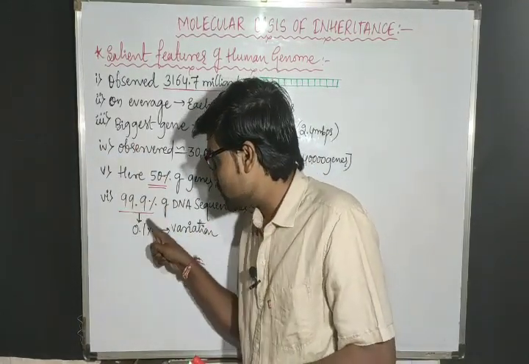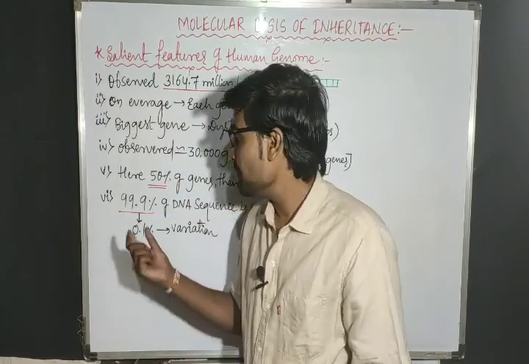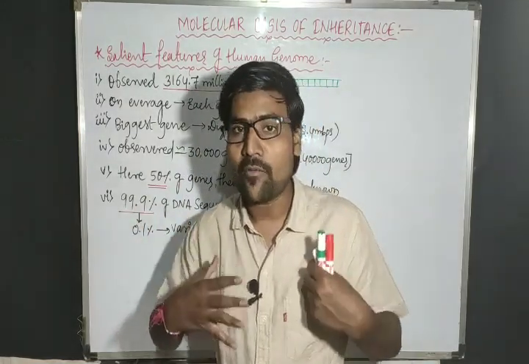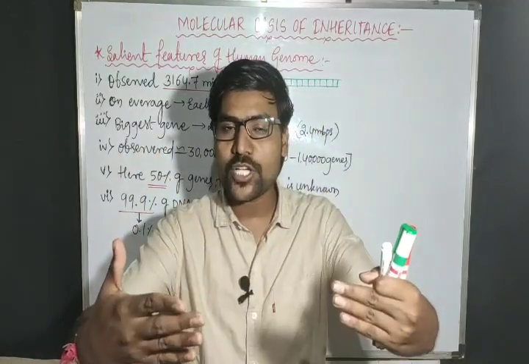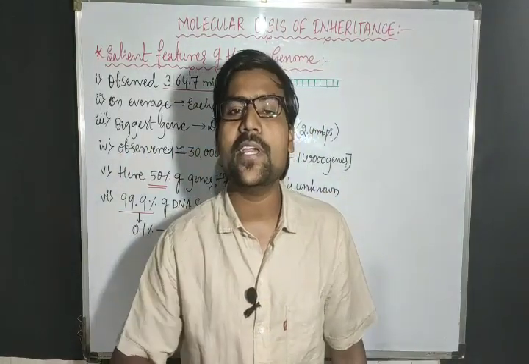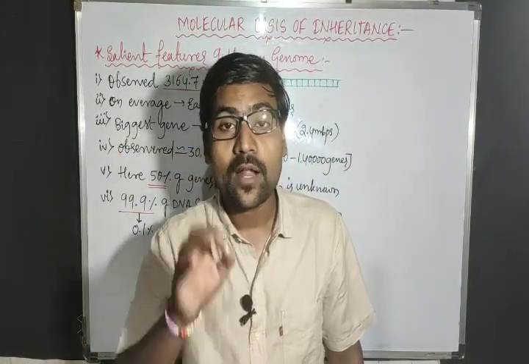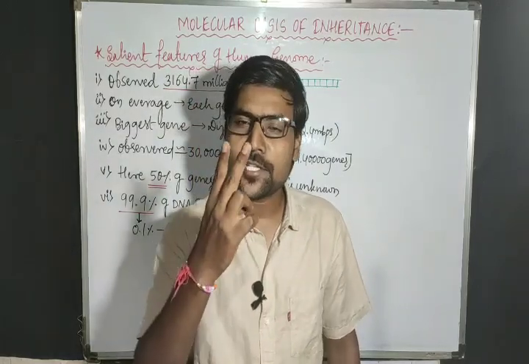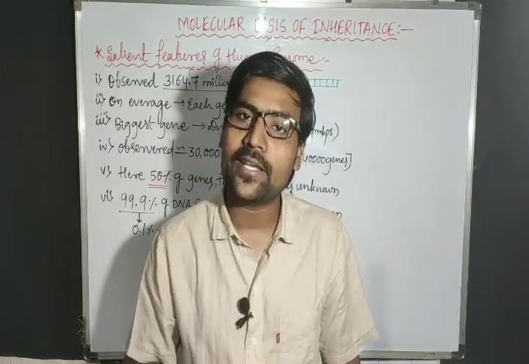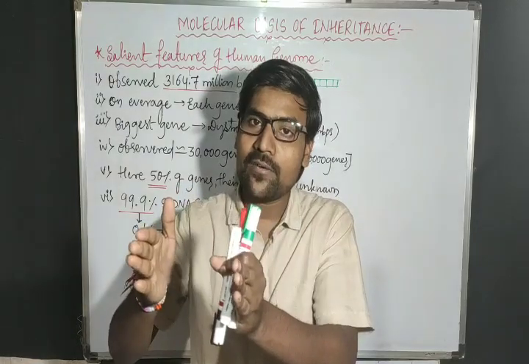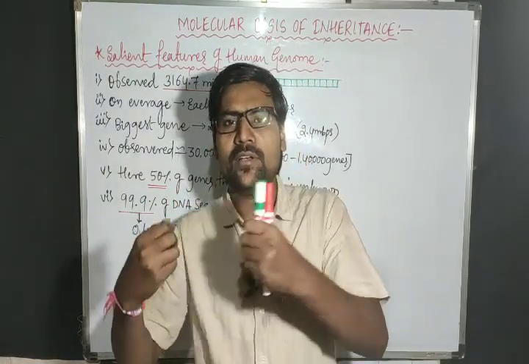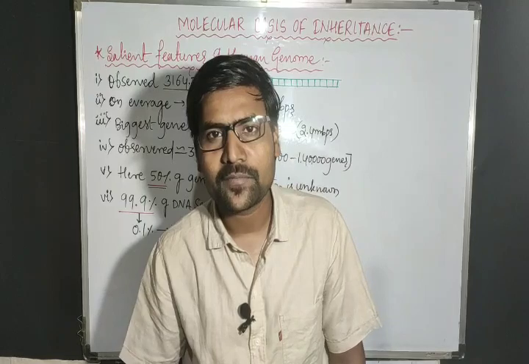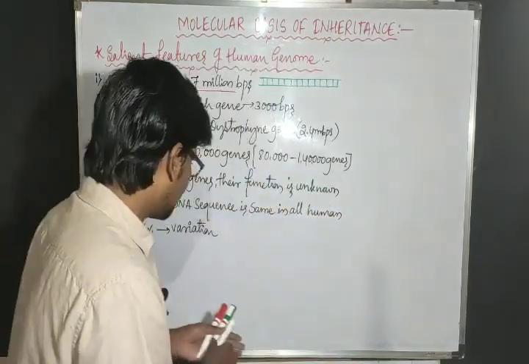So this much percent of DNA is the same. Not only here, in the case of the chimpanzee, if we compare our DNA with the chimpanzee DNA, 98% of the DNA is matching. How much? 98% DNA is matching. Just 2% of the DNA is varied here. And because of that 2% DNA variation, we are entirely different and the chimpanzee is entirely different. The next one.